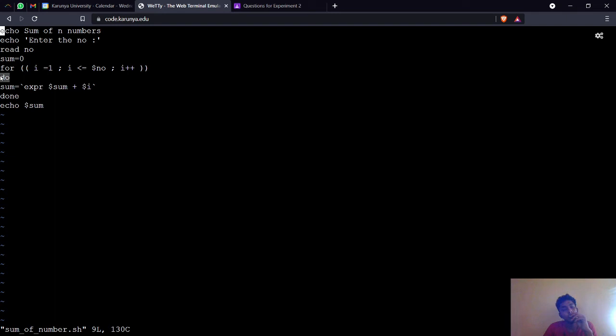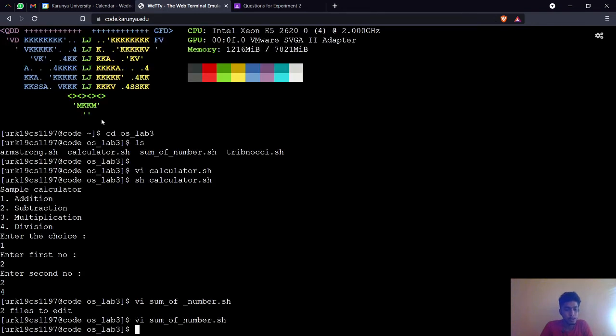Instead of that, for opening you use do, and for finishing the for loop you need to specify done. Inside this is the body of the for loop. After that it will repeat until the condition fails. After that it will print the sum. So let us run this code.